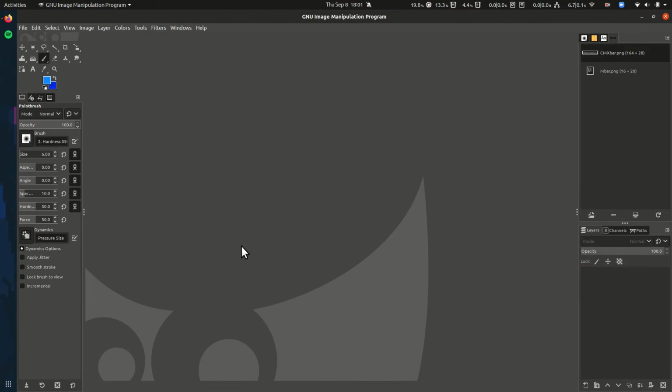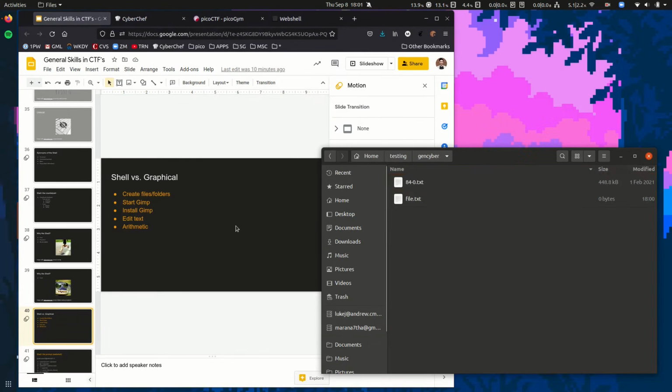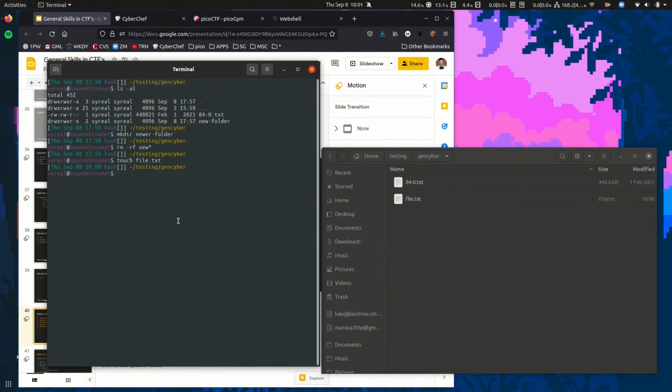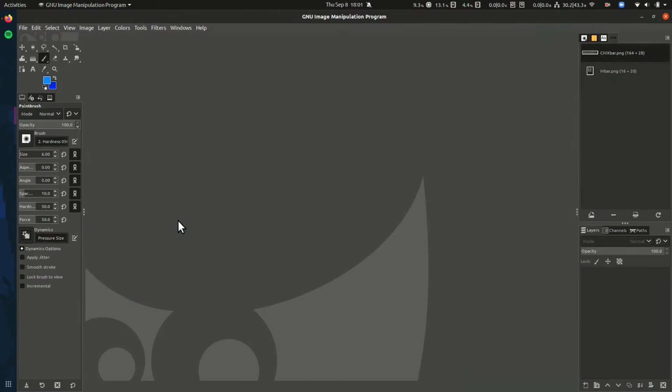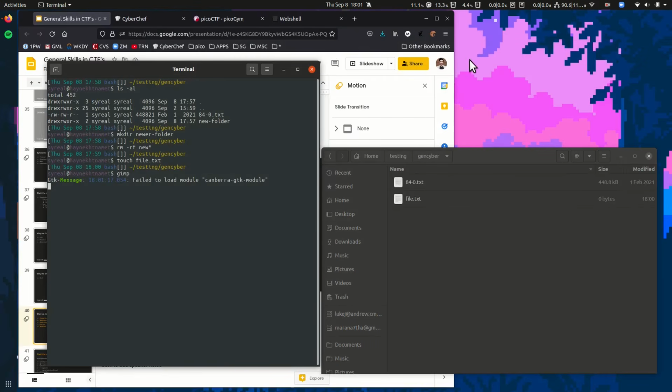See, there's GIMP. Make a picture. And that's pretty easy in the shell too. Arguably a little bit easier. I didn't have to press any extra buttons to search for anything.